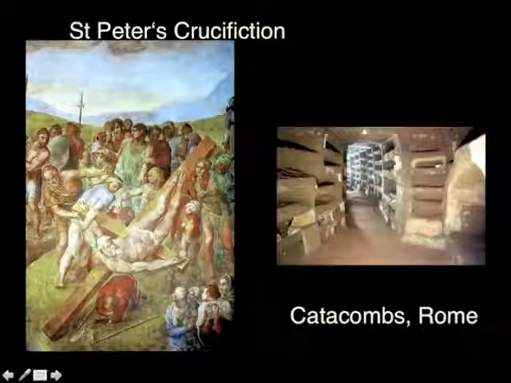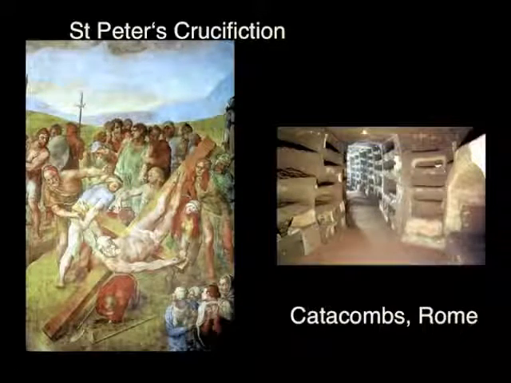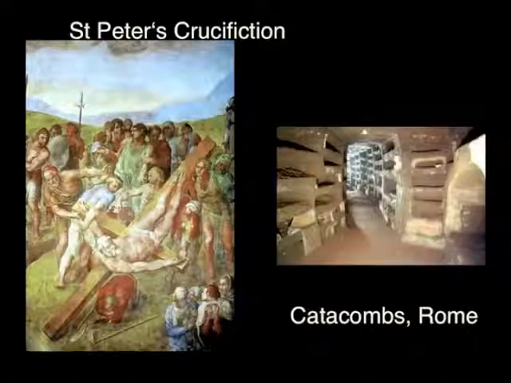These are just some images of the suppression of Christians during the time of the early decades of the new millennium, or the ADs. This is St. Peter, one of the apostles, and he was crucified in Rome, and they crucified him upside down. So not only did they use this tool, this symbol of the state of Rome, to crucify him, but they did it upside down to underscore the subversiveness of his teachings.